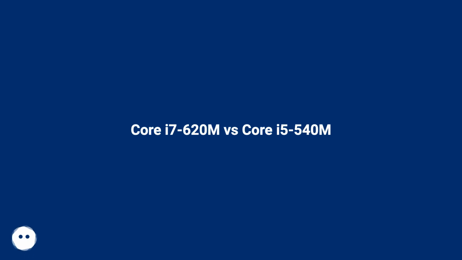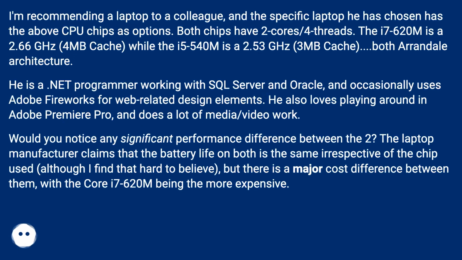Core i7-620M versus Core i5-540M. I'm recommending a laptop to a colleague, and the specific laptop he has chosen has the above CPU chips as options. Both chips have 2 cores, 4 threads. The i7-620M is a 2.66 GHz, 4 MB cache, while the i5-540M is a 2.53 GHz, 3 MB cache, both